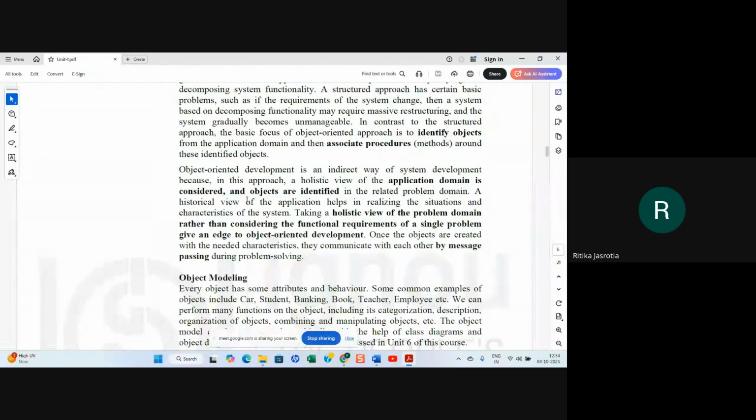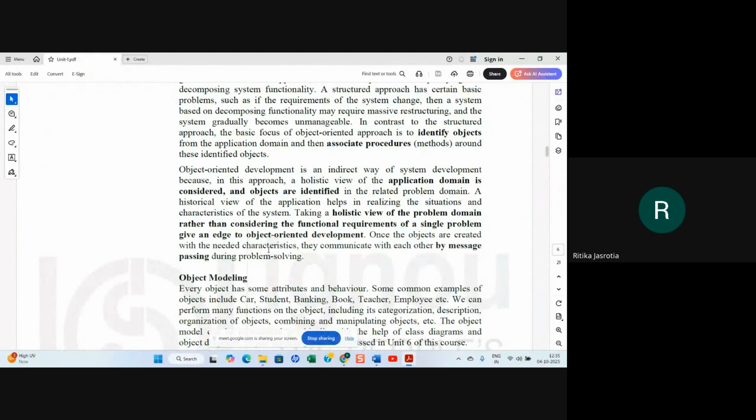A holistic view of the application helps in realizing the situation and characteristics of the system. Taking a holistic view of the problem domain, rather than considering the functional requirements of a system, gives an edge to object-oriented development. So the basic difference is that you are taking a holistic view of the problem. That means you are not going for the functional requirements first. You are talking about the objects.